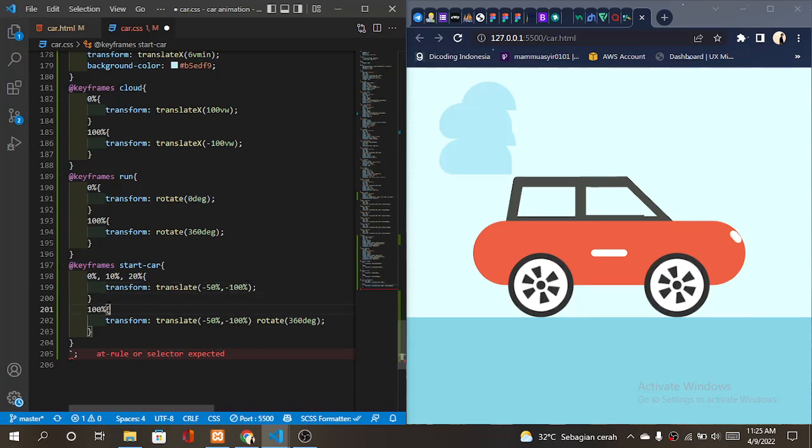And for 5% give the transform translate minus 14% and 100%, and don't need to rotate this. And after that for 10%, you can see, usually we use minus 45% and 100%,